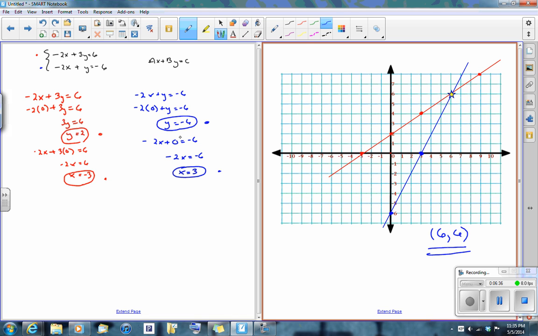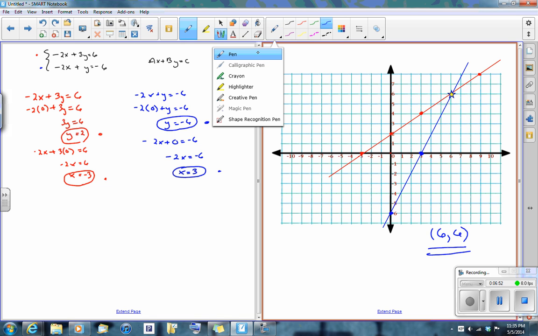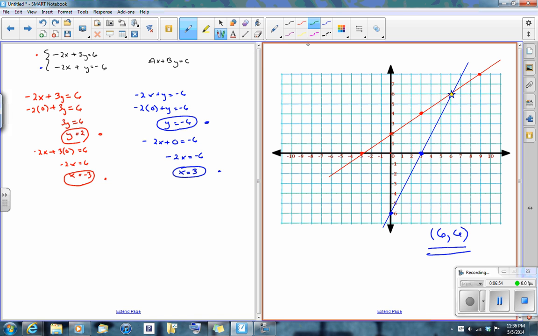Now, for those people that don't like doing the x and y intercepts on these equations, you could take our original equations and translate them to slope-intercept form, and we've done that before too. If you would rather, we can take negative 2x plus 3y equals